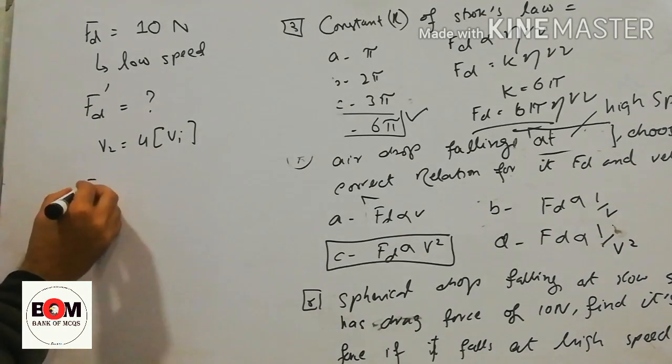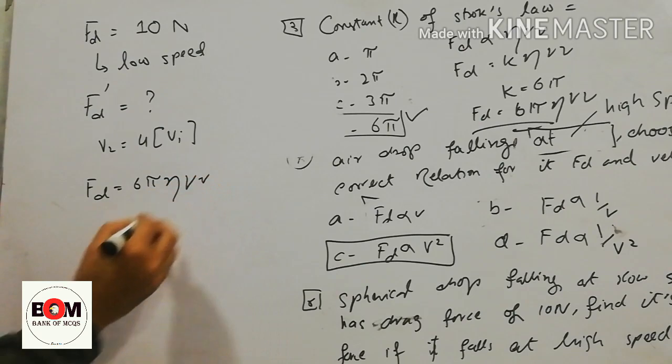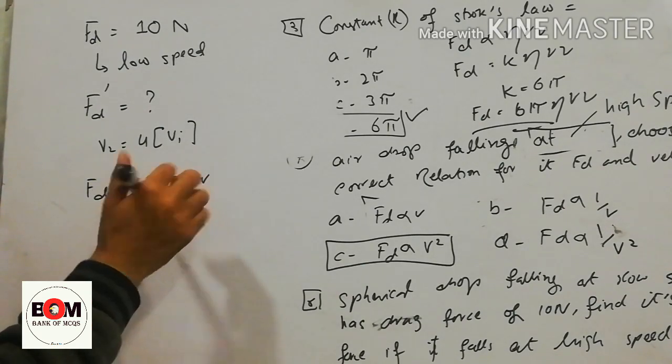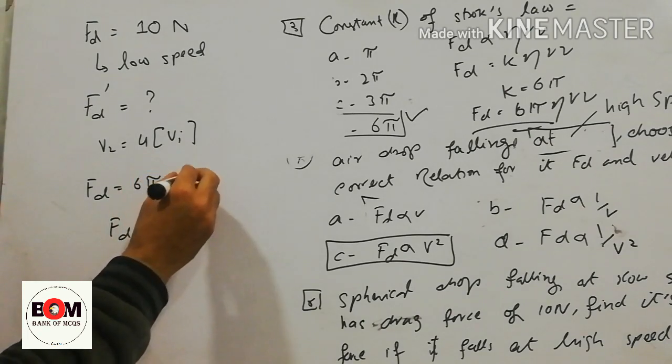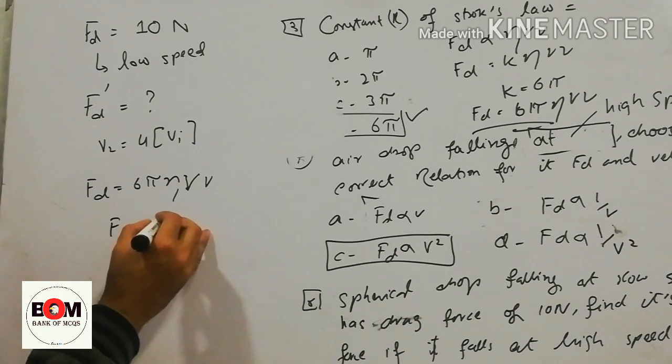So we know that Fd is equal to 6 pi eta r v, Fd is directly proportional to eta r v, v is increased 4 times, so it will become